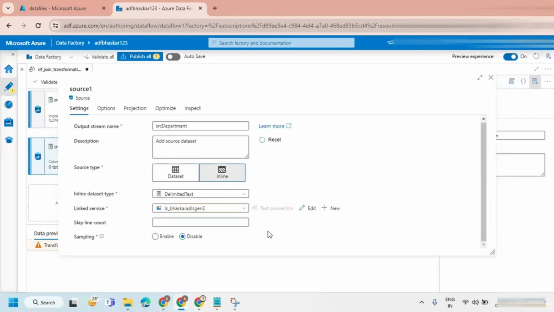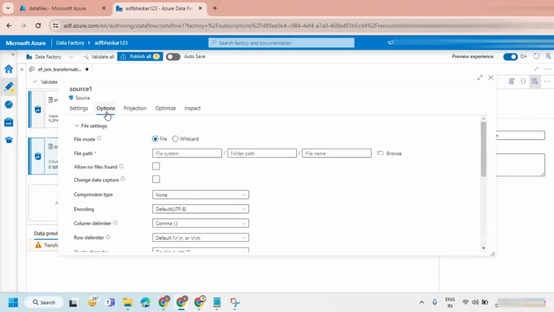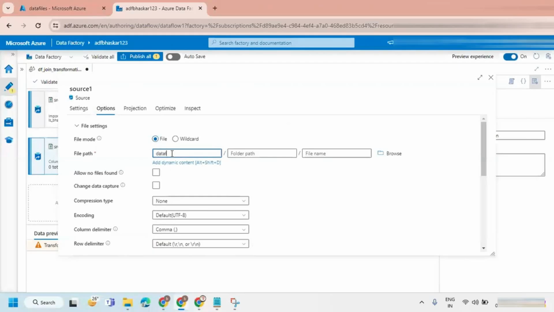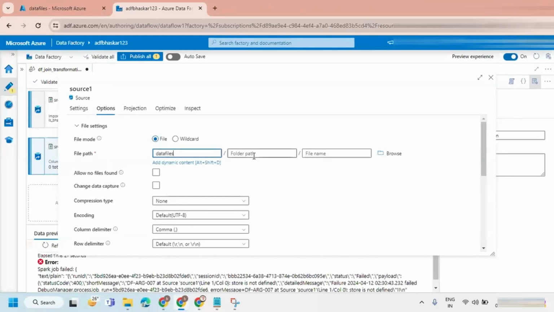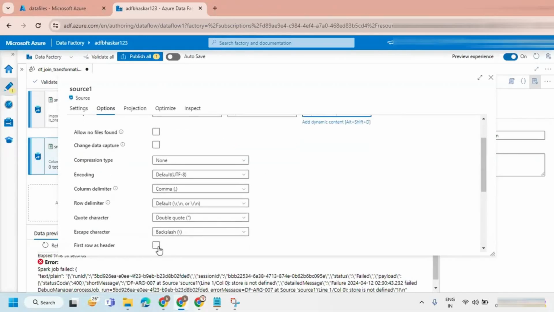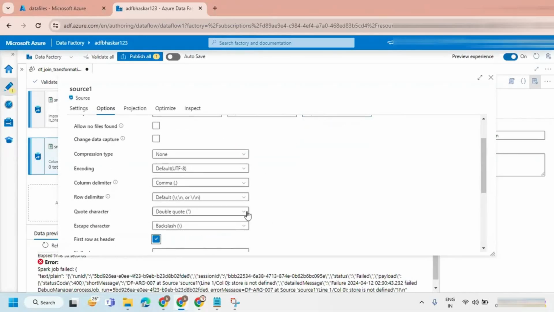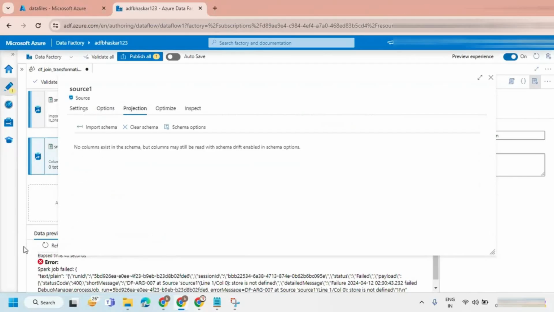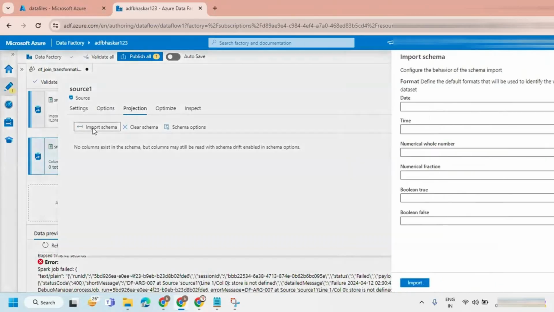Linked service. Go to your options. Data files. Input folder. Department.txt. So first row is having the header. Let's go to the projection and import schema.